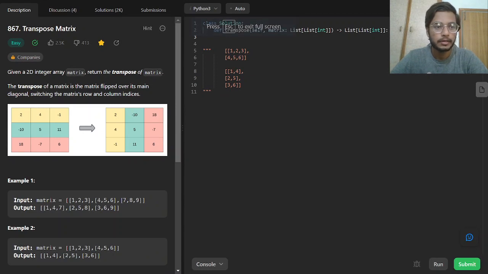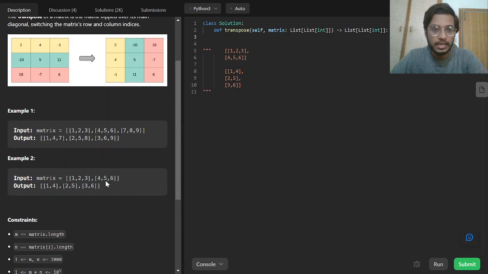Problem number 867, transpose of a matrix. This is an easy one. Given a 2D integer array matrix, return the transpose of the matrix. Transpose of a matrix is a matrix flipped over its main diagonal, switching the matrix row and column indices. So that's it. We are going to switch the row and column indices, but it is very easy when you